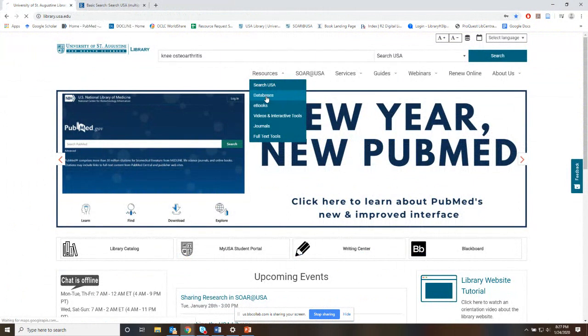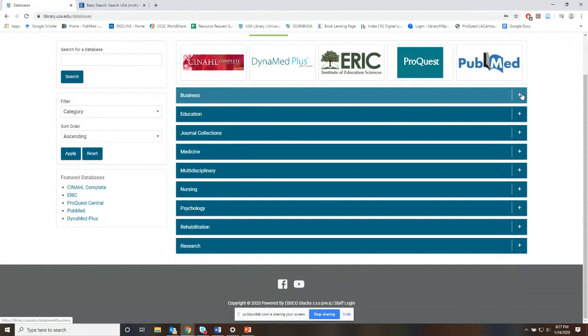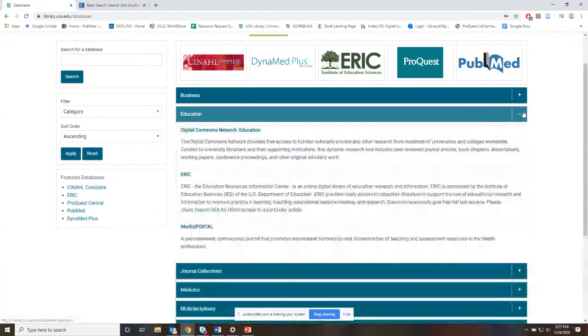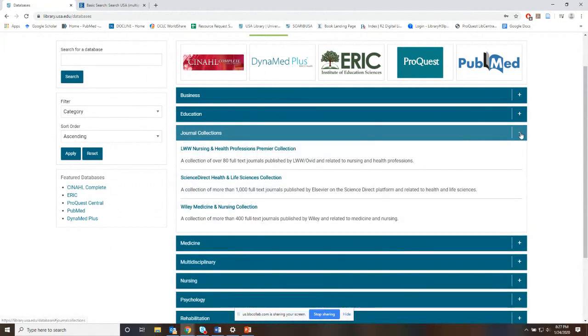So our list of databases. We have quite a few. We have some of the most important ones for your studies. Some of the ones that are most featured are Muse, CINAHL Complete, DynaMed Plus, ERIC, ProQuest, and PubMed. These are also categorized as well. So this one is a health business database that we subscribe to. Here are some of the education databases we subscribe to, some of the journal collection databases that we also subscribe to,